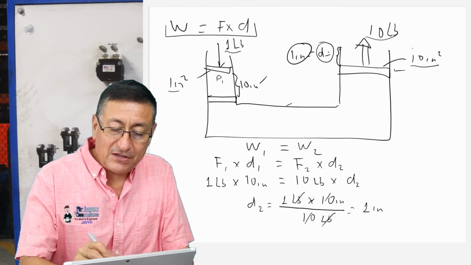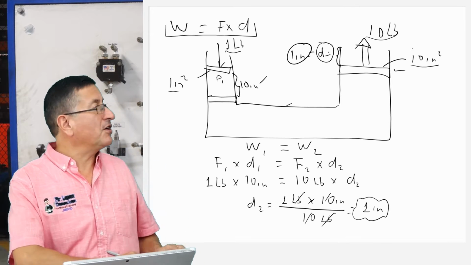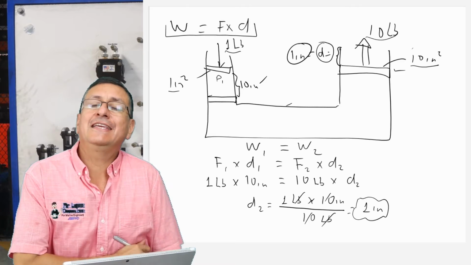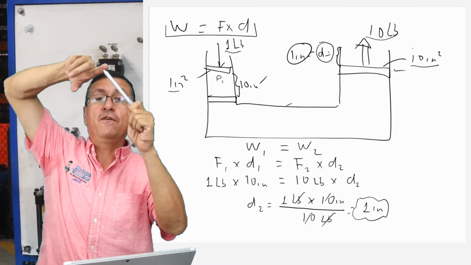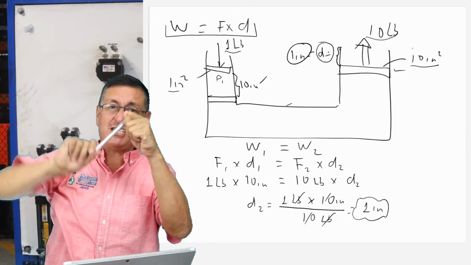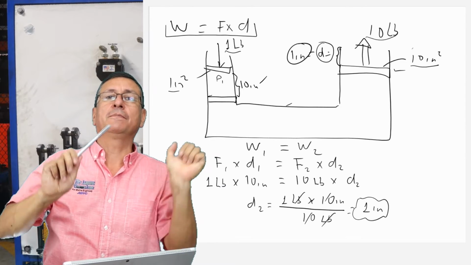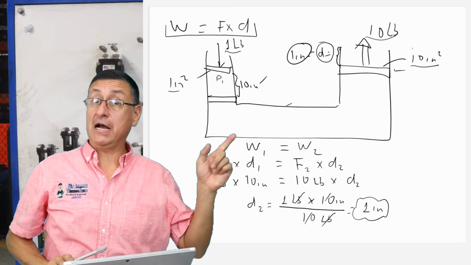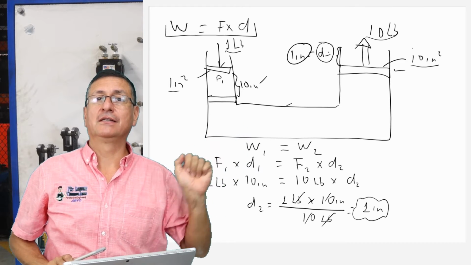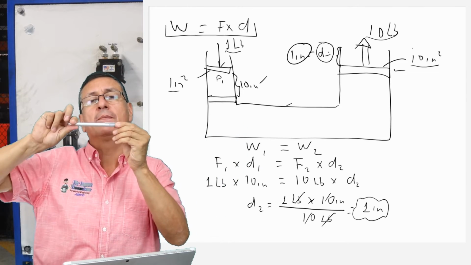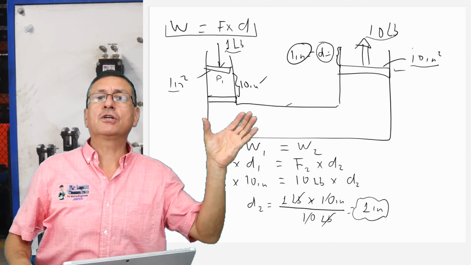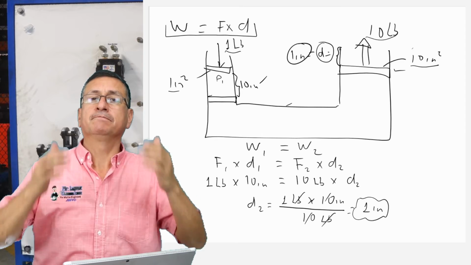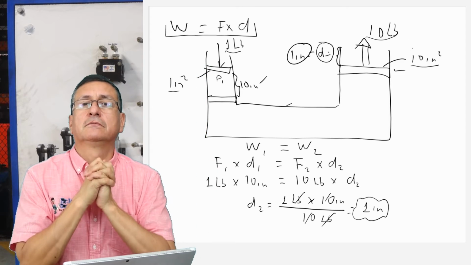The second piston only moves 1 inch, and the first piston is moving down 10 inches. For that reason, in the hydraulic jack in your car, you move all of this, and the piston only moves up 1 inch, but with a lot of force. Here you need a small force, and the final result on the other side is a high force but a small distance. This is the hydraulic jack.